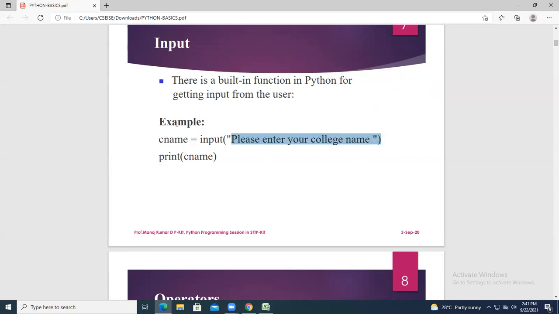But if you are giving the input as an integer number, before the input you add int: int, bracket open, input, enter the statement, close. So that is the input function you are going to use. For a string, you simply take input. If you are giving a number, you take int of input. That is stored in a variable and you print it here. Take this one as example 2.